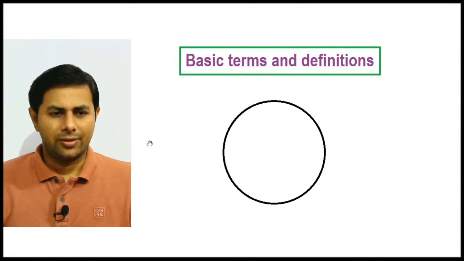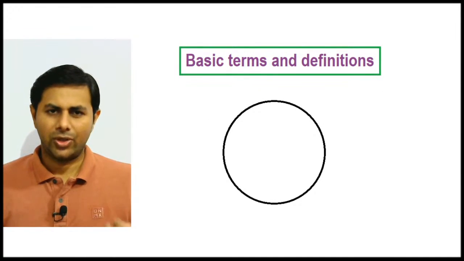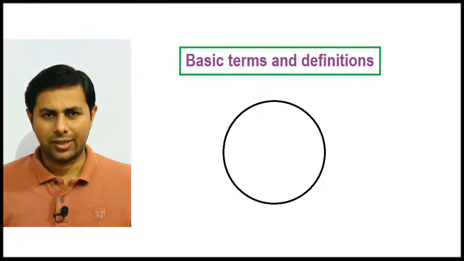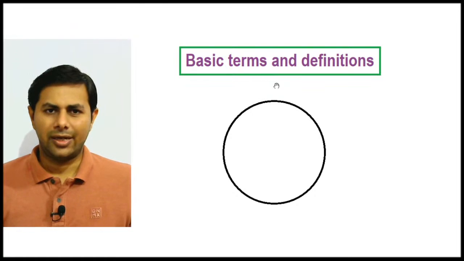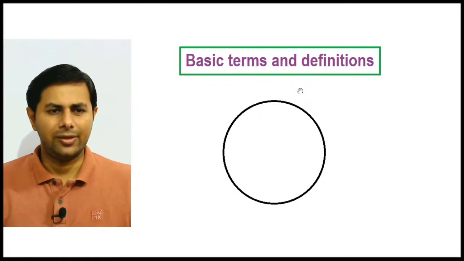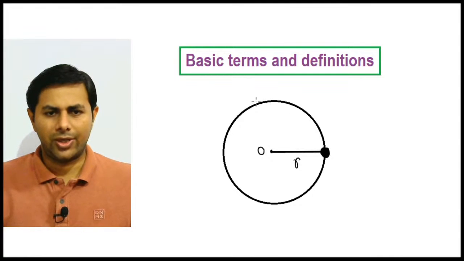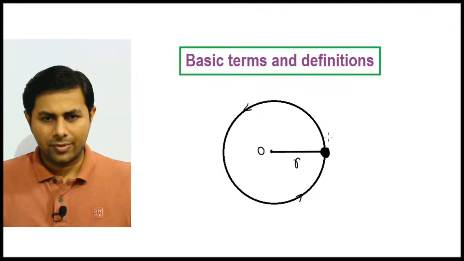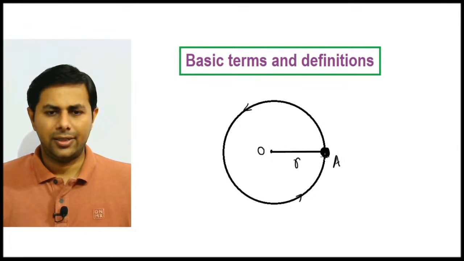So now, what is circular motion? Circular motion is a motion of an object around the circumference of a circle. Now let's talk about some basic terms and definitions related to circular motion. Let's suppose this object moves along the circumference of this circle in an anti-clockwise sense. It starts from this point, let's call it A, and it goes to some point,